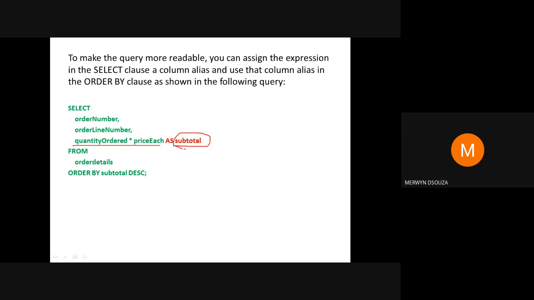The column names are quantity ordered and price each. But whatever is the product of those two columns will be displayed under this alias name, subtotal. Again, you can use that alias name here: ORDER BY subtotal, and you display all the values in descending order.